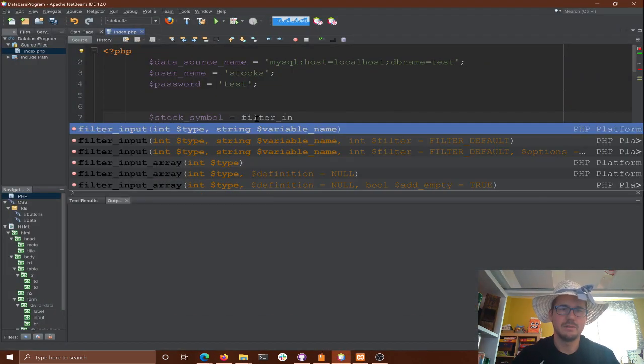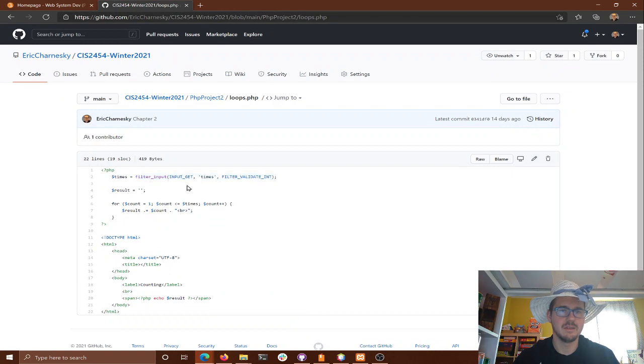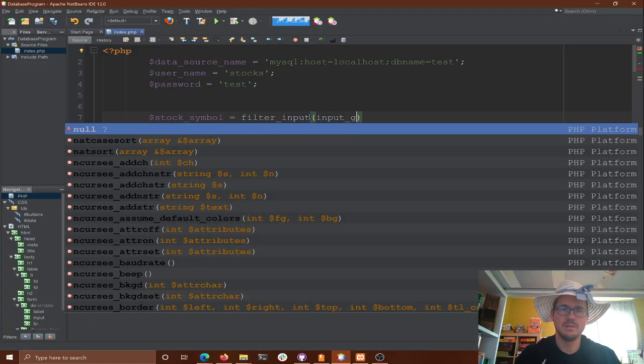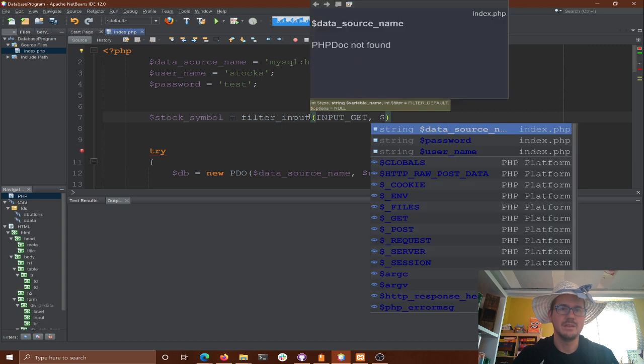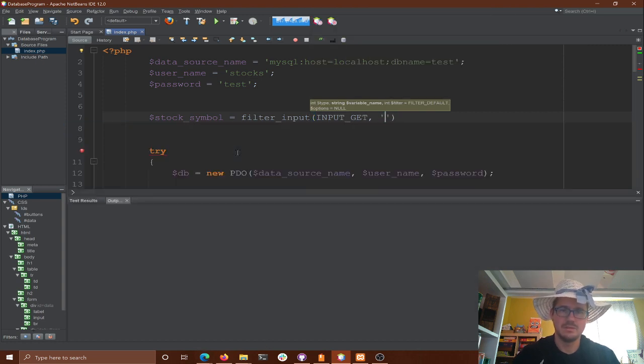We're going to filter input, and we want to find then, I'm forgetting the order. The input get. There we go. Input get. We want to find the key of, and what do we call it?